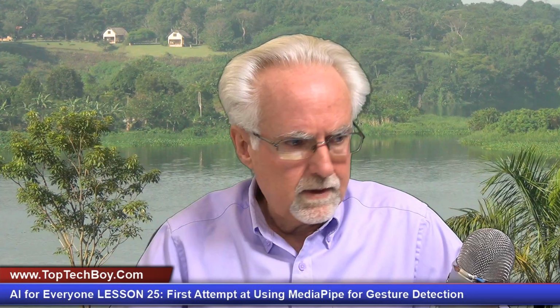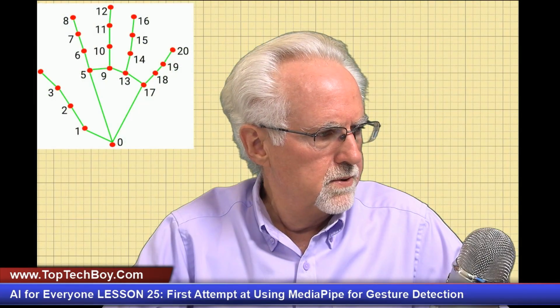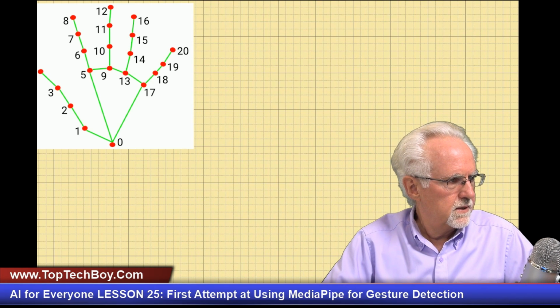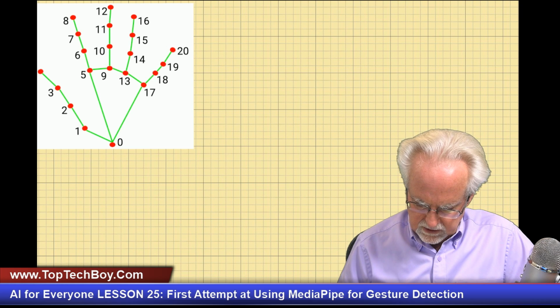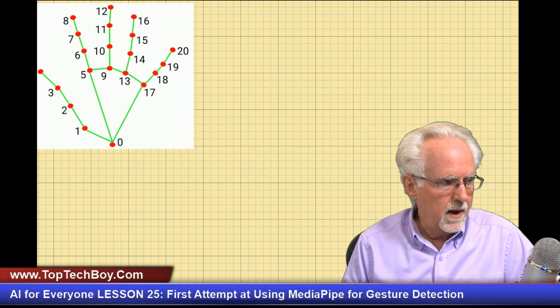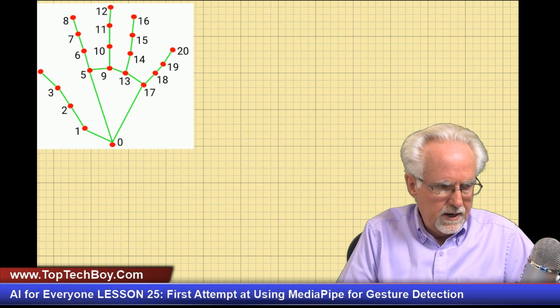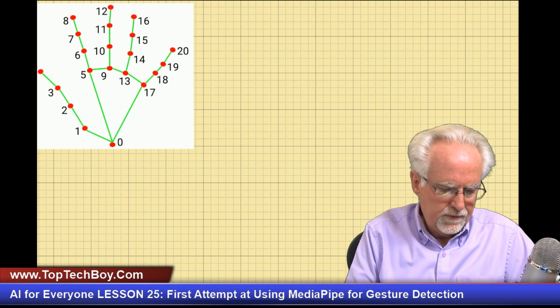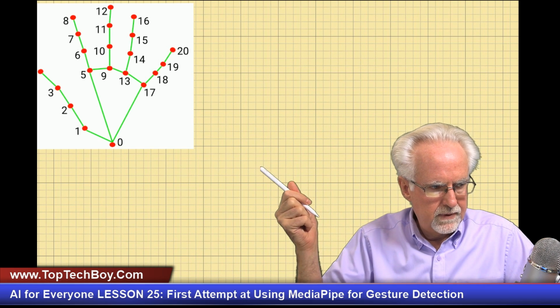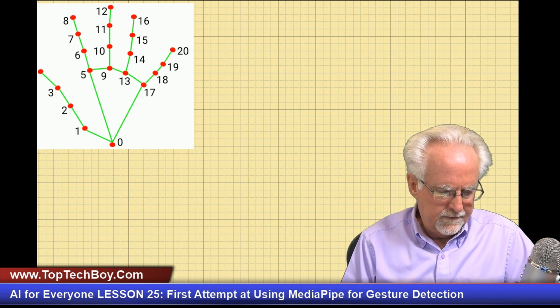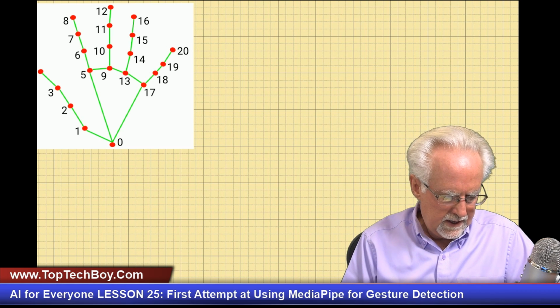To do that, I will come over here to my new most excellent Sketchpad view, and we're going to start by looking at our basic configuration, and that is that we have this hand, which is shown up in the corner over here, and each hand has